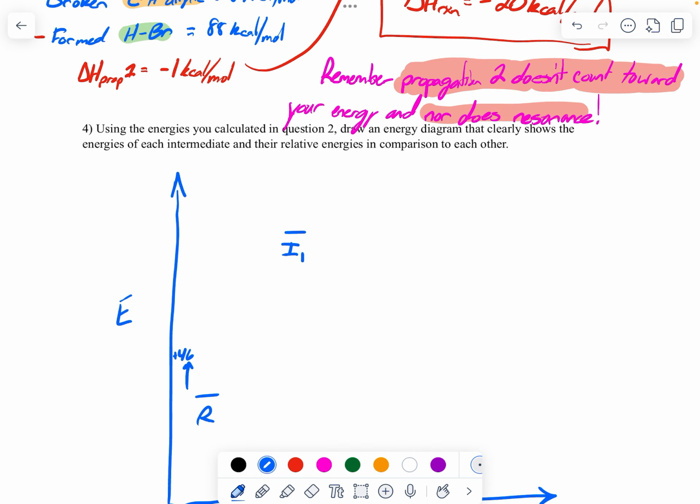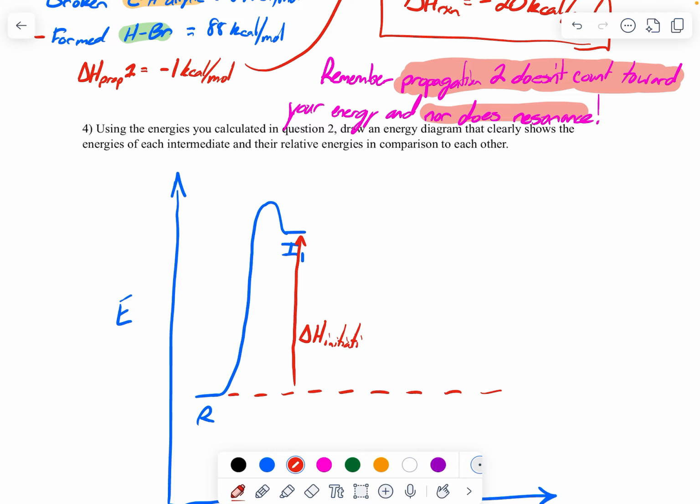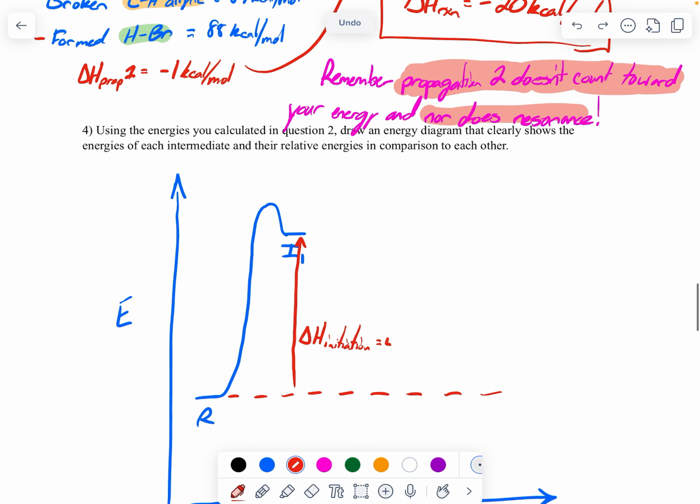And as a reminder, when we're looking at these energy diagrams, it's not based on an exact measurement. We're just drawing them in relation to one another. So we can draw this coming up, and there we go. We have our I1 here. And as a reminder, how we came to this conclusion, and we'll keep this dotted line here for later because it'll help us out a little bit, is we essentially said that the distance between our reactant energy and I1's energy, this was our delta H of initiation, right? That 46, positive 46,